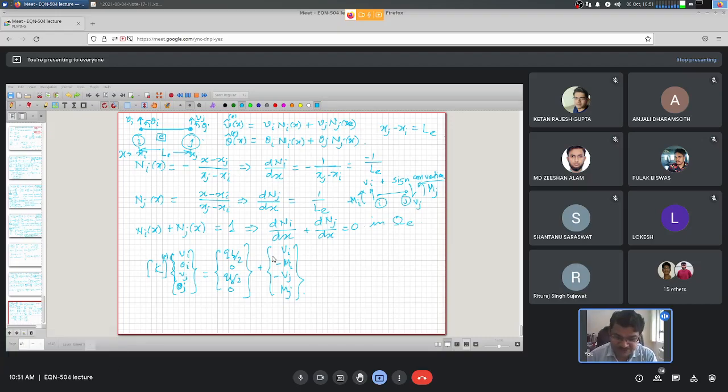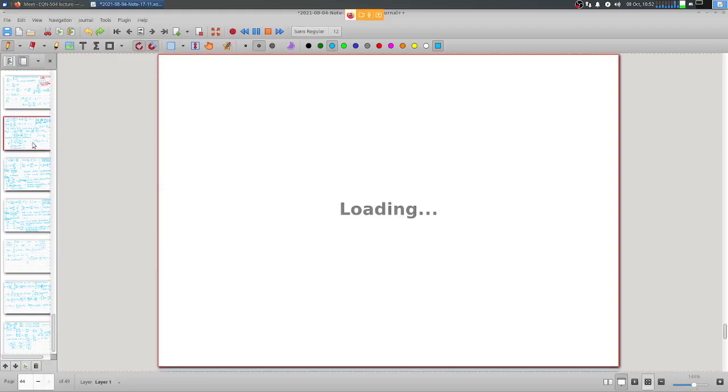Any reactions on this development of the shear flexible beam equations? Sir, with the two weighted residual statements, we will be getting the two sets of equations. Yes. So there are two weighted residual statements, and there are two weighting functions for that, W1 and W2, isn't it? That is what we derived here.